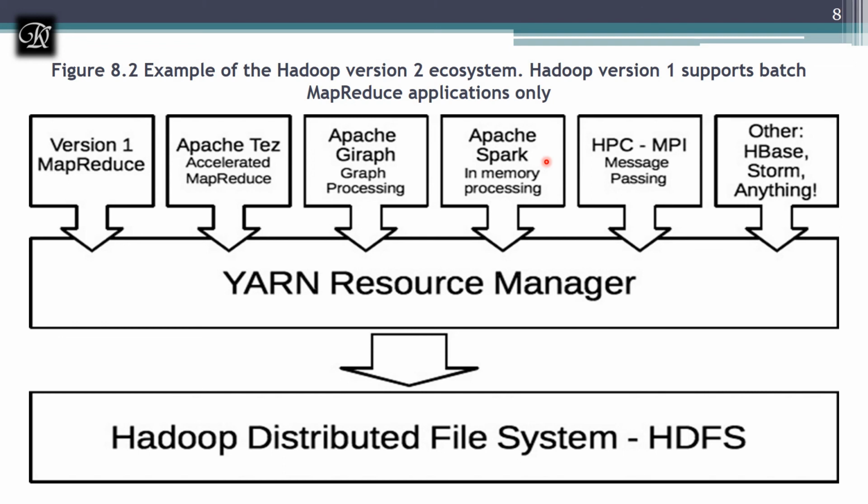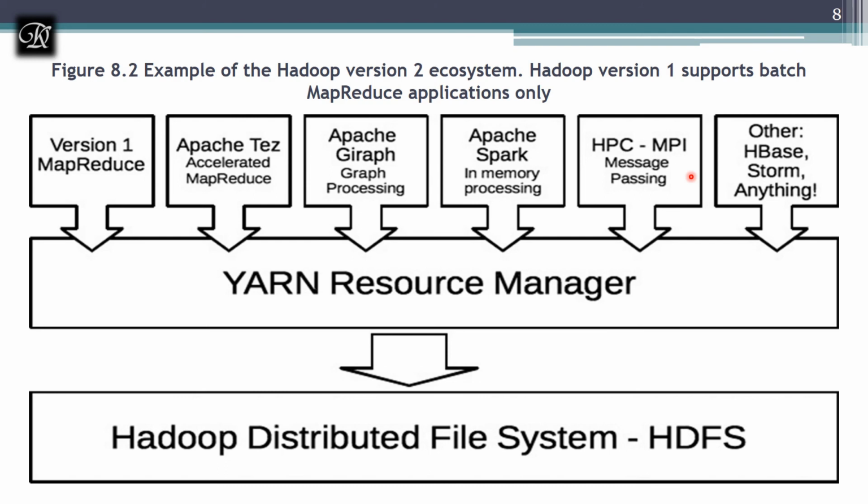Next, we have HPC MPI. MPI means what? Message passing interface. So Hadoop and MPI on the same cluster, they came up with the message passing interface, which is widely used in HPC, which stands for high performance computing. You might have heard about high performance computing, and of course you heard about the message passing interface, because this term is highly used in operating systems where interprocess communication was discussed. So that is also supported.